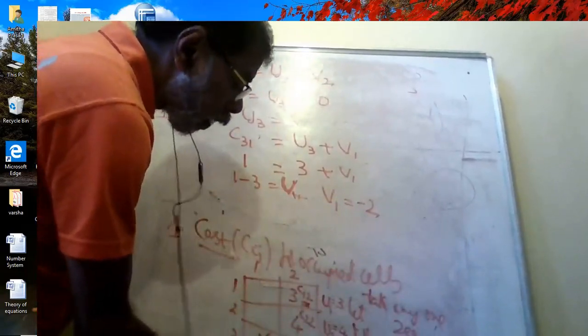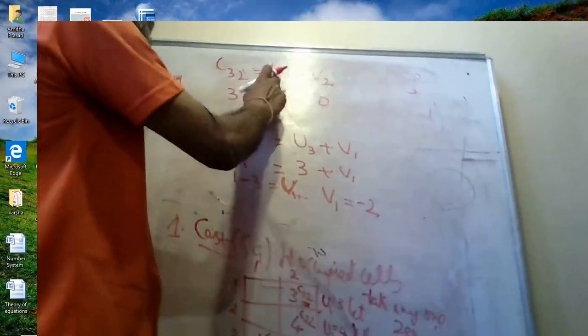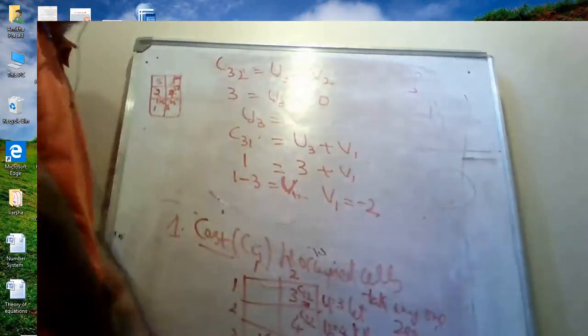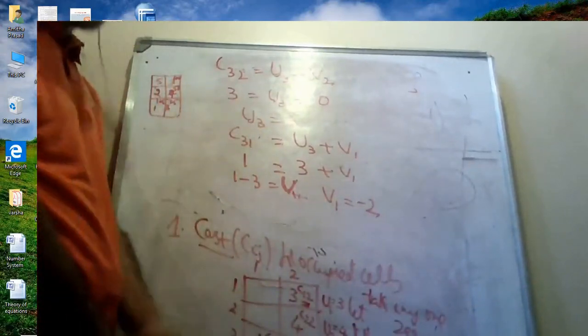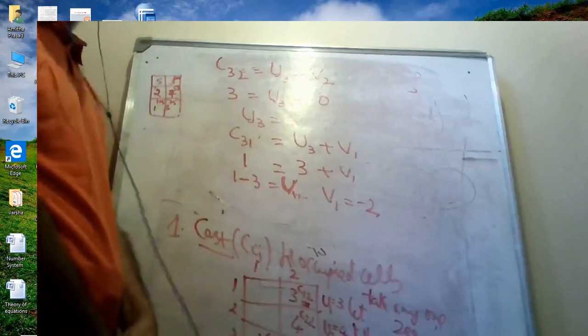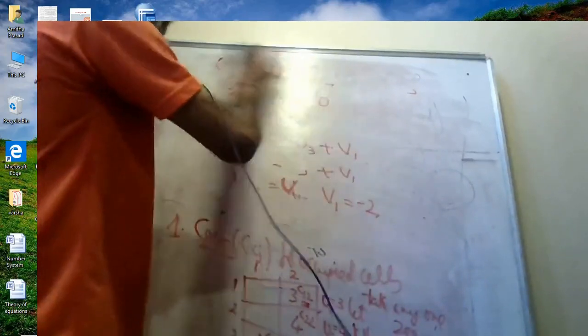So you should be careful here. So what is the formula? Cij is equal to ui plus vj. You apply the formula and calculate all the 5 variables by taking any one of them as 0. So any one variable you can take 0, but I have taken v2 as 0 to make the problem simple. So the last table we should complete the problem.